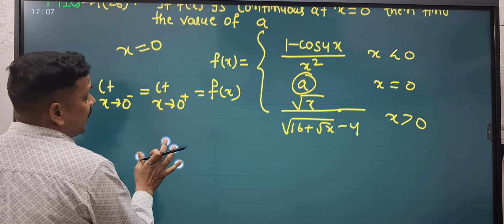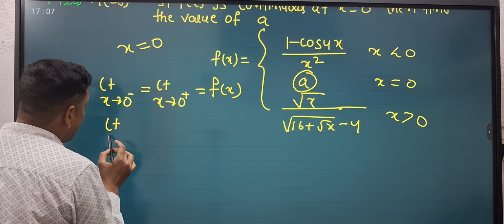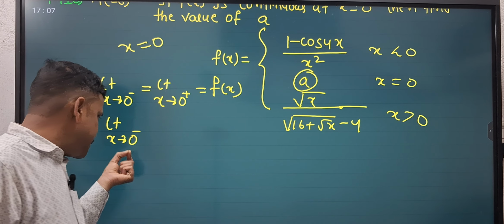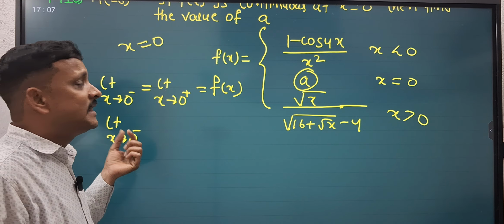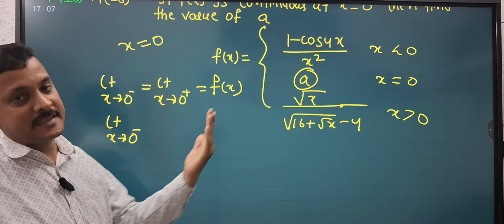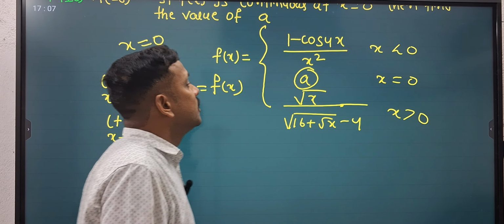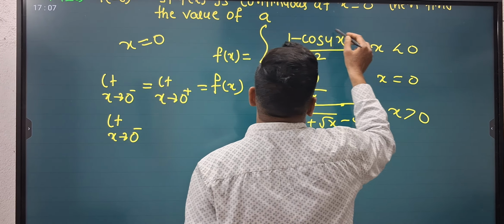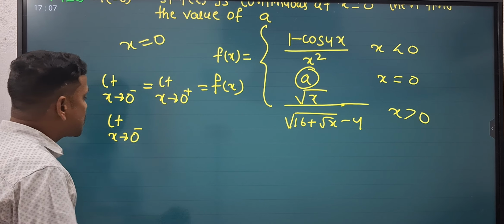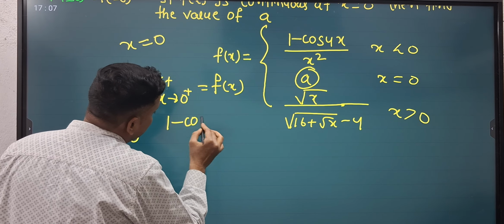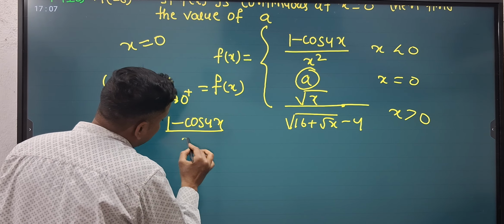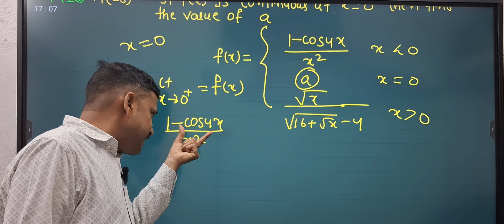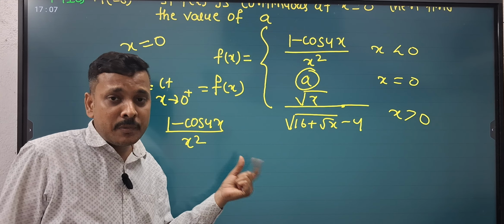So now we will find the LHL limit. What will be the value of LHL limit? Limit x tends to 0 minus means LHL limit, that means the value of x is slightly less than 0. So for that, which function will you take? This function I have to take for LHL limit, that is (1 minus cos 4x) divided by x square. If you put the value 0 in this function, you will get the 0 by 0 form,